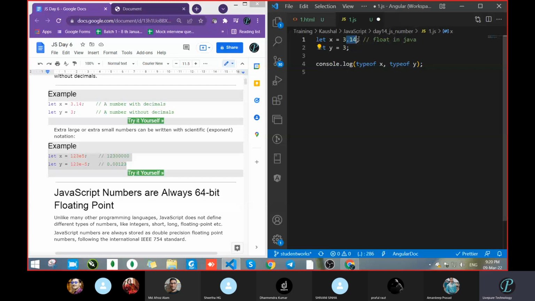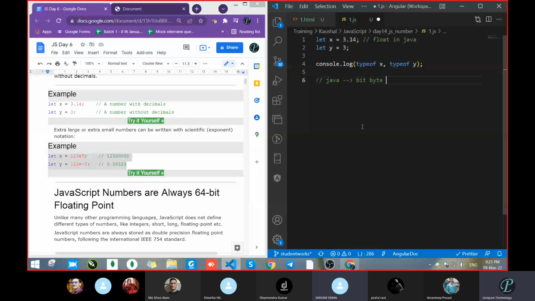Yes, sir. See how many data types there are in Java. I don't know regarding Python and that side. There are primitive and non-primitive data types. Byte takes 1 byte. Short takes 2 bytes. Int takes 4 bytes of memory space. Long and double take 8 bytes of memory.